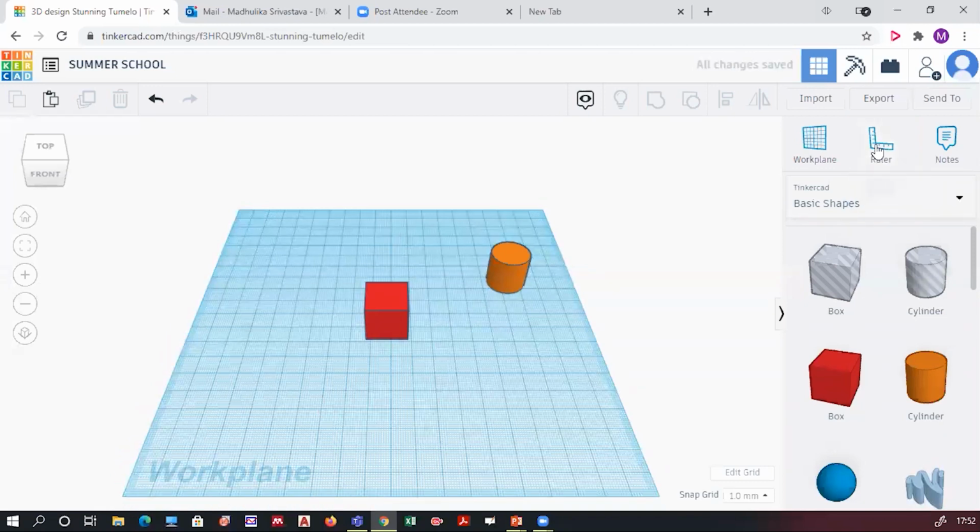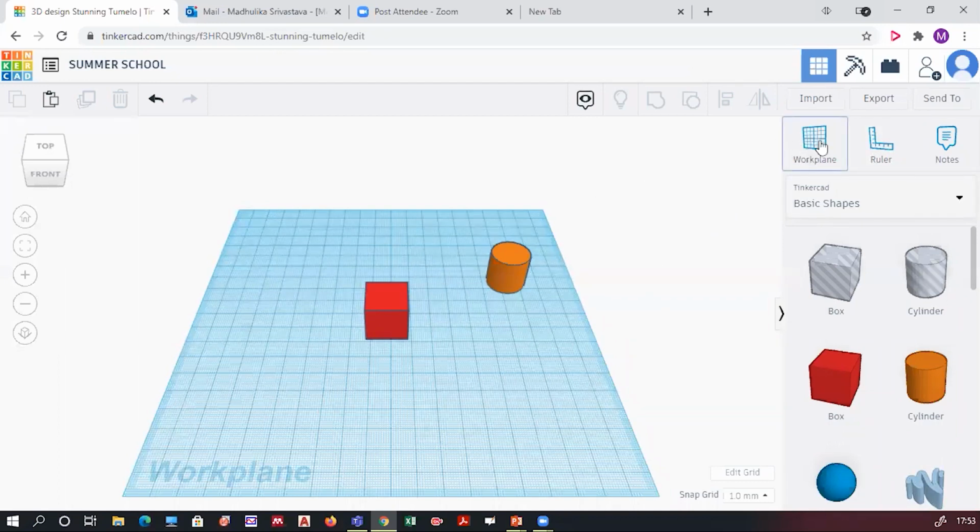To add the ruler and to remove it, you have to click once more over there and it will be removed. See, I've attached the scale over here and I want to remove it, so I can click back again. Okay. If I've selected anything by mistake, like the ruler, and I don't want to put this ruler on my work plane, I will just press the escape key of my keyboard.